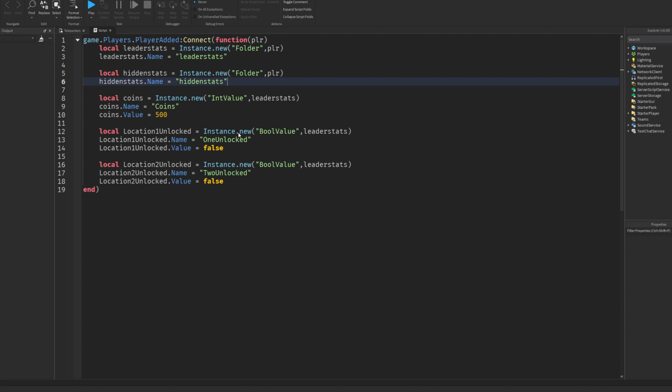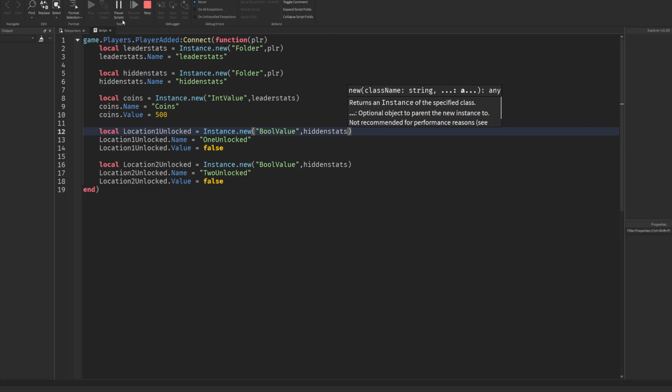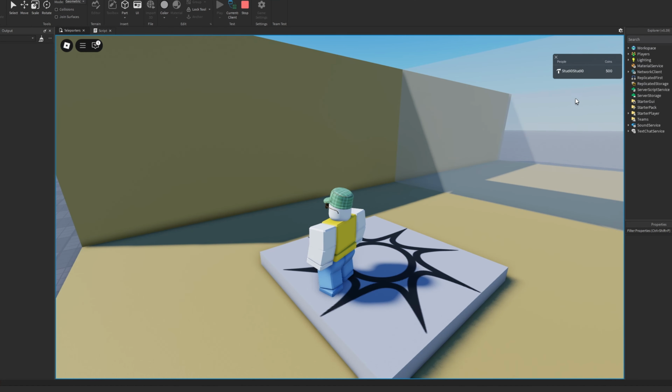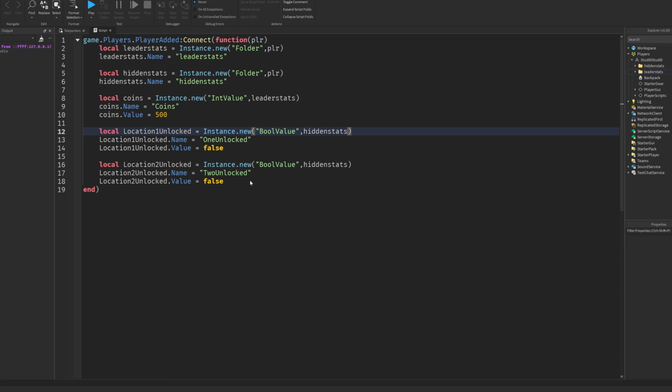Oh wait, I forgot to actually change what they're parented to. Hidden stats. Hidden stats. Now they won't show in the top right, but if you go inside of your player and inside of the folder hidden stats, you can see that you still have them. Now we actually need to change these values when you interact with the